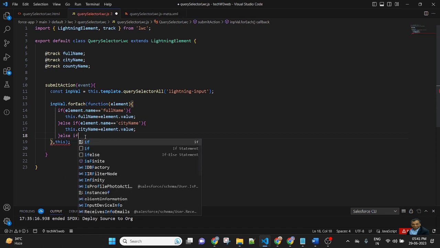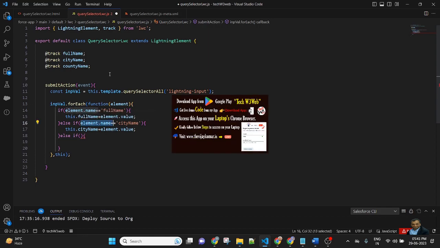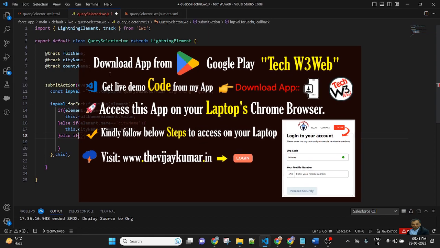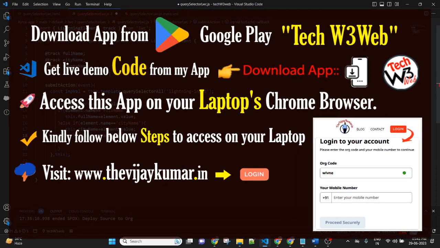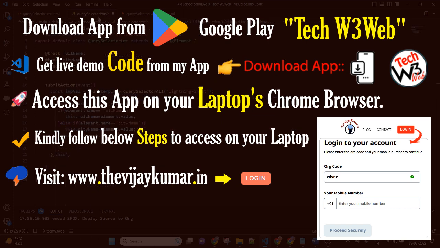Else if element.name double equal to, this time we'll check countryName, then this.countryName equals element.value.